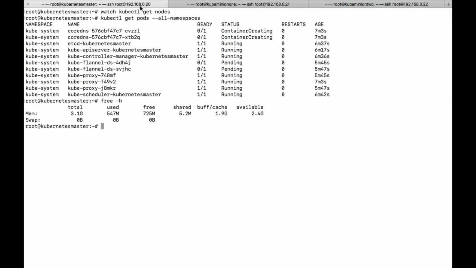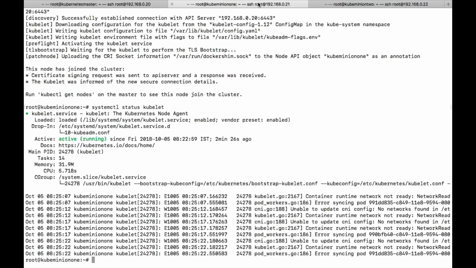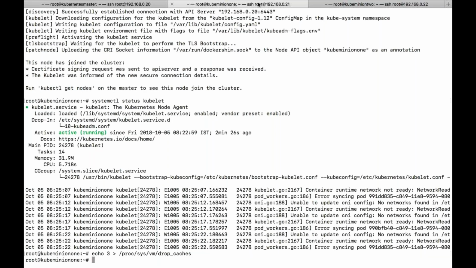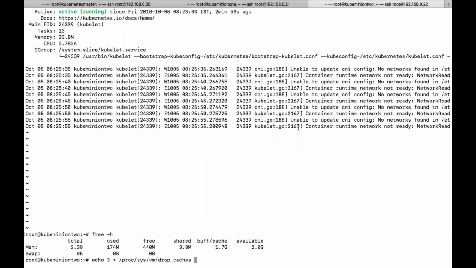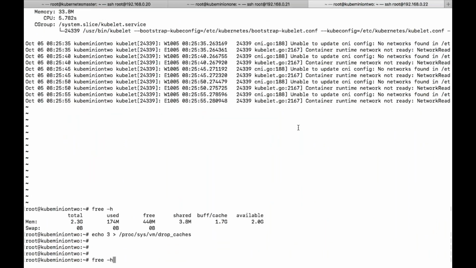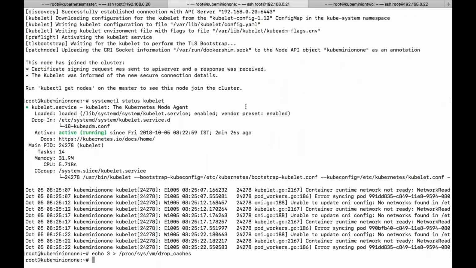It is a bit slow because of RAM. Most of the memory was used by caching.